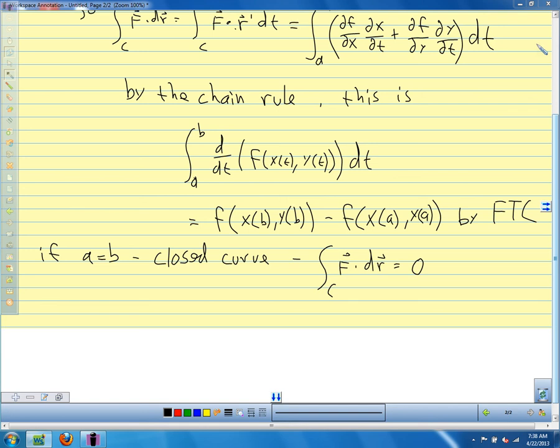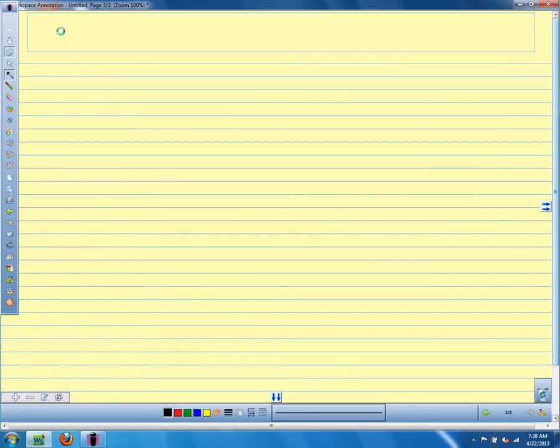So everybody good with what we've done so far? And you'll always be told if it's conservative. It's not like you have to figure it out. You might have to figure it out, and we'll talk about the test for conservative fields, a reminder about the test for conservative fields. So if you're given a problem of evaluating a line integral, that should be the first thing you think. Is the field conservative? Because that's going to simplify your work right away. Okay? So our theorem about independence of path